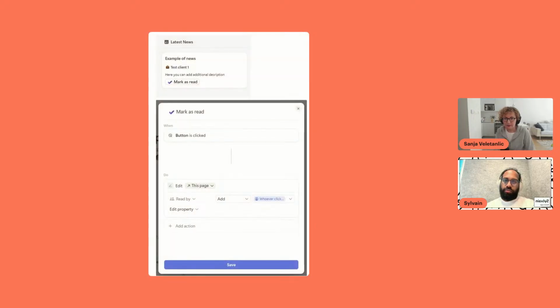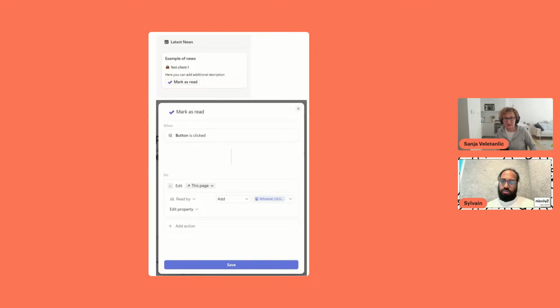Then also another one that I think is simple. This is an example often for home pages of companies. We have some news that we want to display there, but not everyone reads that news at the same time. So, what I have done here, I added a button on this news that is displayed here. Whenever somebody wants to remove that news from the homepage, they don't want to see it there anymore, they just click on the button mark as read.